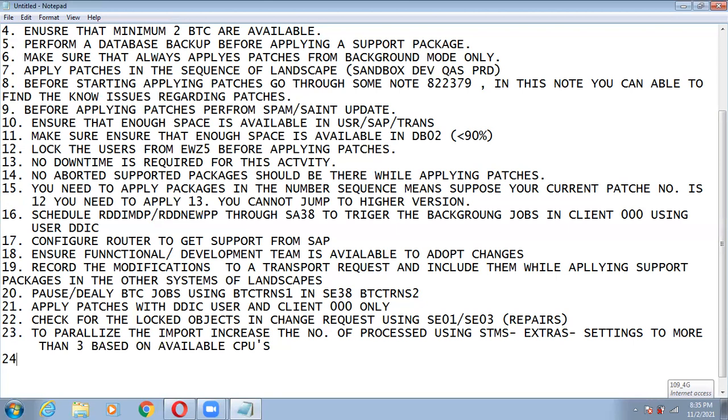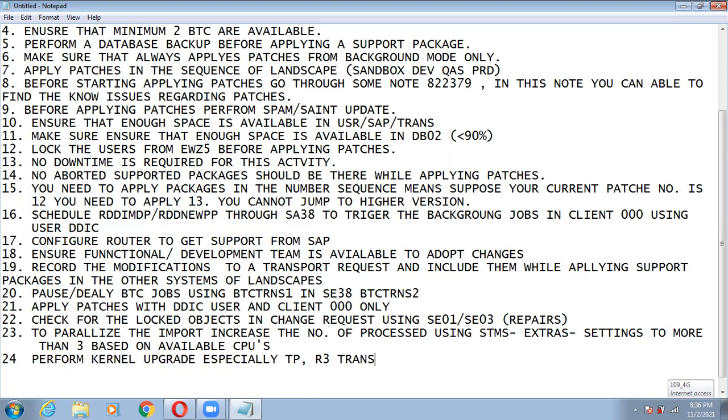Now, perform kernel upgrade, especially TP, R3trans and SAPCAR.